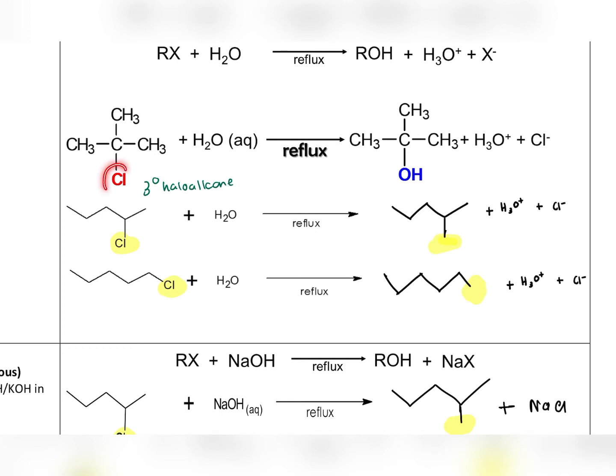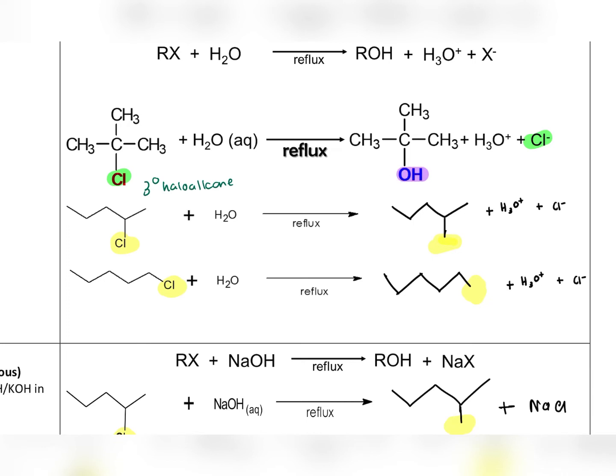Because chlorine attached to this carbon, and this carbon adalah tertiary carbon. So automatic dia akan jadi tertiary haloalkane. So bila react dengan water under reflux, okay, you can see here Cl minus akan leave sebagai your chloride ion,